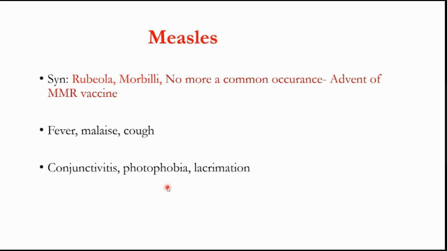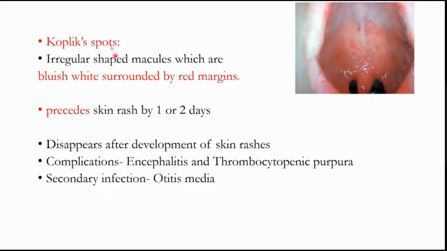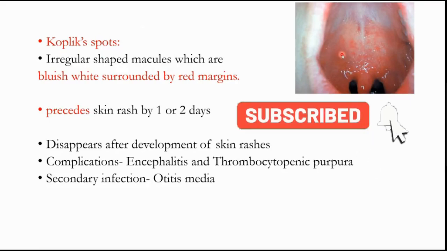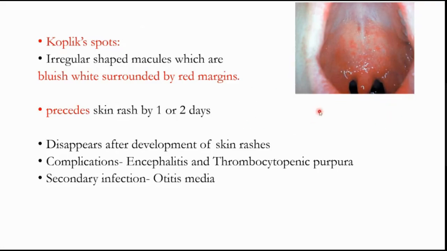measles in such countries. So there is fever, malaise, and cough associated with it. These are the important and the severe symptoms: conjunctivitis, photophobia, and lacrimation. So Koplik spots are characteristic lesions which we see in measles, as you see here, and it is seen on the body as well, but it is usually seen in the oral cavity 1 or 2 days before the skin rashes. So that's why dentists have a very important role in identifying this, even during the prodromal symptoms. Before the actual symptoms set in, there are some prodromal symptoms. So this is one of them.